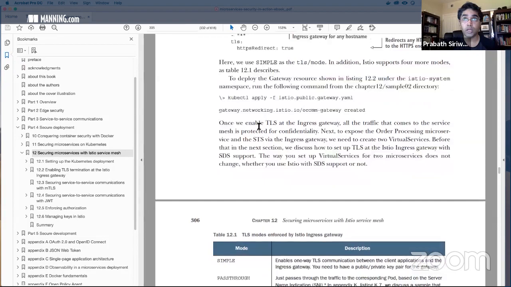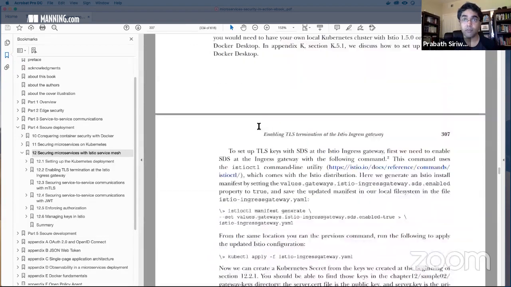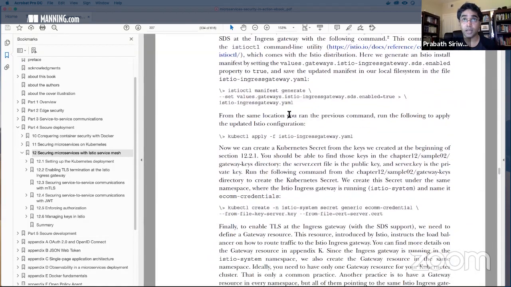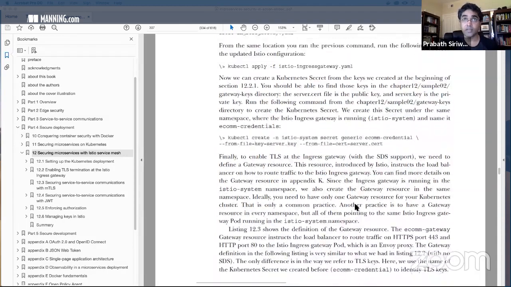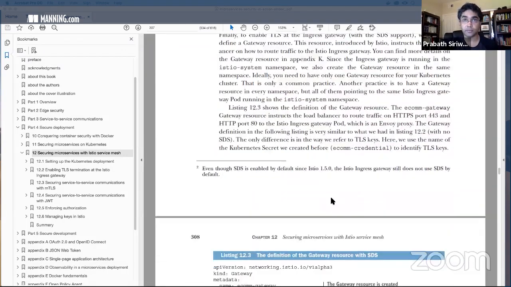With SDS in 1.5, you need to update the Istio manifest to enable SDS for the Ingress Gateway. But if you are using 1.6, you don't need to do that. Okay. So since we are using 1.6, we can skip these two steps.